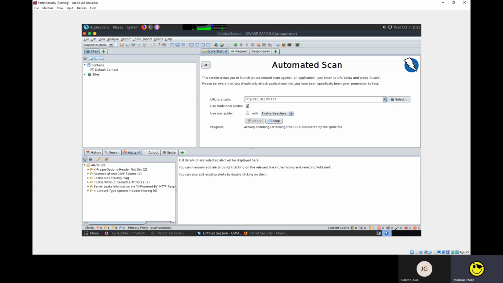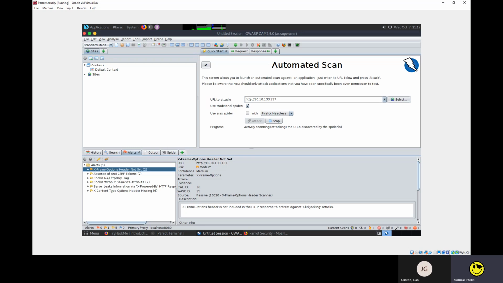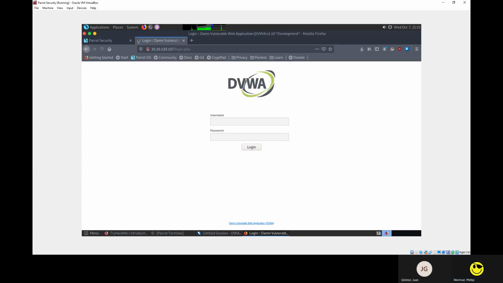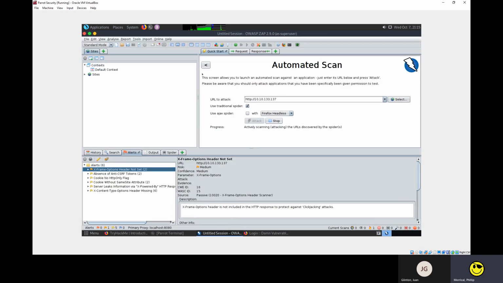But it'll give you alerts of what kind of vulnerabilities there could possibly be. Like here, it's categorized a medium risk of X-Frame-Options header not set. But if we navigate to this website, there's a login portal first to actually get into the Damn Vulnerable Web Application. And so while the automated scan is able to do this kind of stuff just by itself,